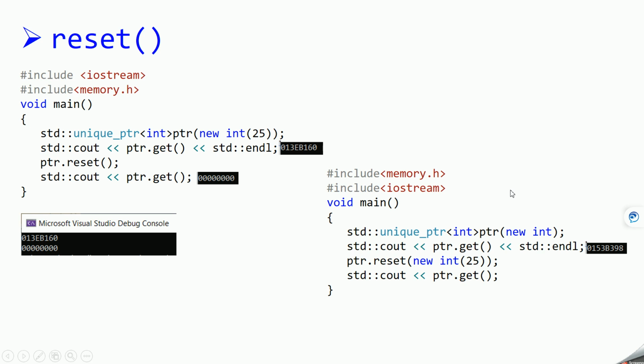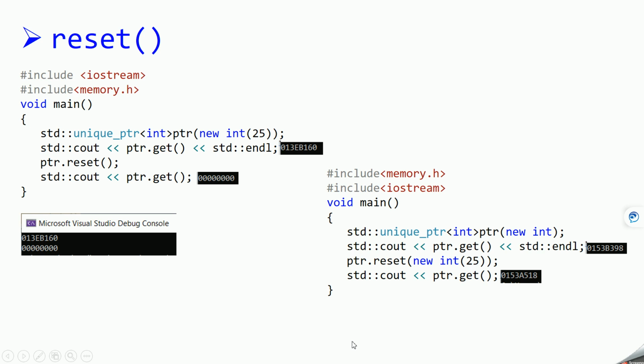So the memory which was pointed to earlier by this ptr will get deleted, and with this line of code, this ptr will now point to a new memory location. So now if you print this ptr.get, this time it will give you a different location, because now it is pointing to a different memory location. Okay, so these are the two use cases of the reset function.